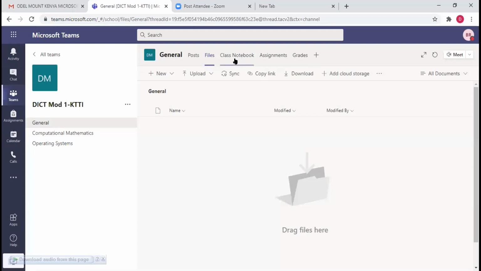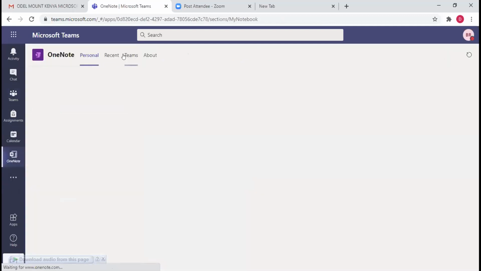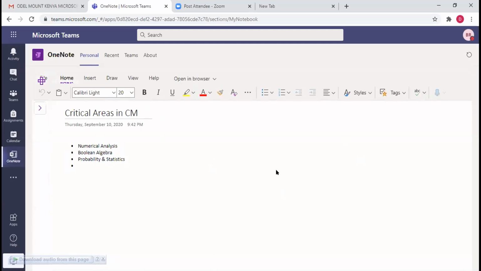So I think we need to continue navigating Teams more. I created the OneNote here, but maybe I can demonstrate what I did. I just opened OneNote. Yeah, this is it. This is the one that I created. I don't know why it is not visible on the other end. Maybe Anne and Rina, you can help us know where we are supposed to click on Teams to get it under that OneNote.